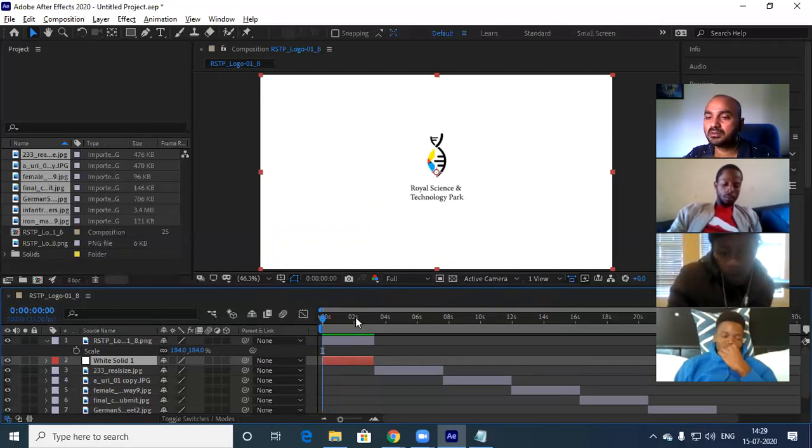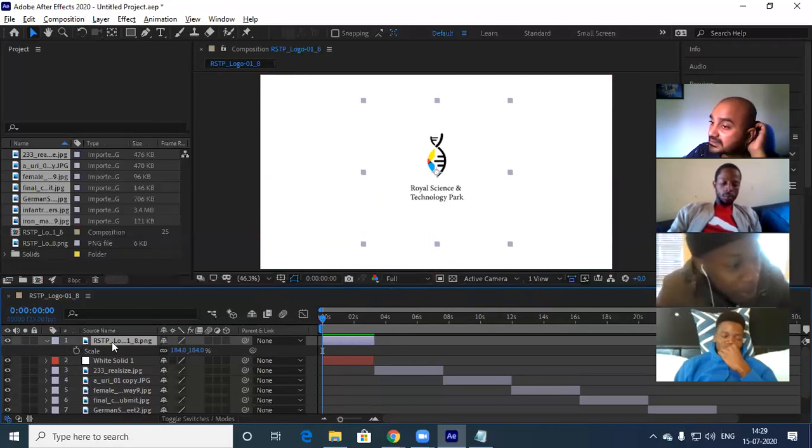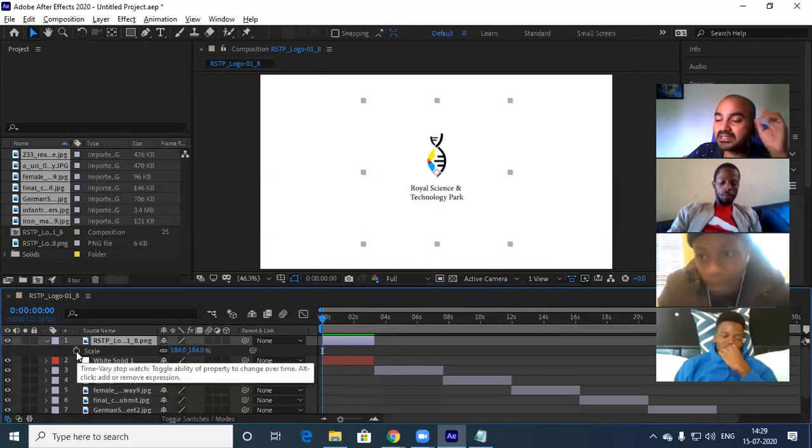So what I'll do now, this logo will appear slowly like a zoom, like that we will create. So now scale, scale is there, right? The scale. Here you can see a timer like an alarm clock. You have an alarm clock here.